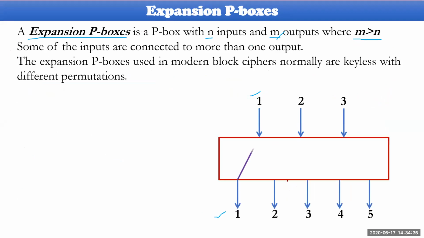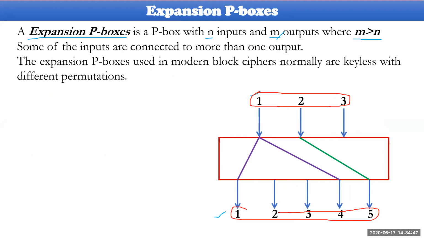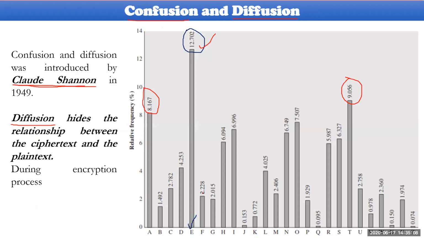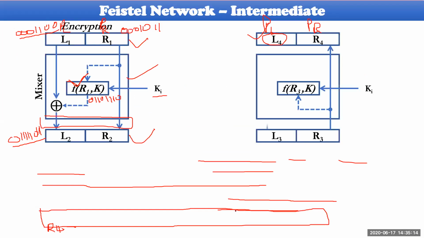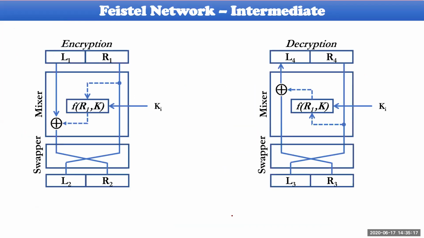For expansion P boxes, you are giving n number of inputs and producing m number of outputs. So n will be equal to 3 here, whereas m will be equal to 5. Finally, the number of inputs will be very few and the number of outputs will be very high. So n must always be less than m here. Based on this concept in keys, wait for a while, I'll move to the last. Hope that you got the point.